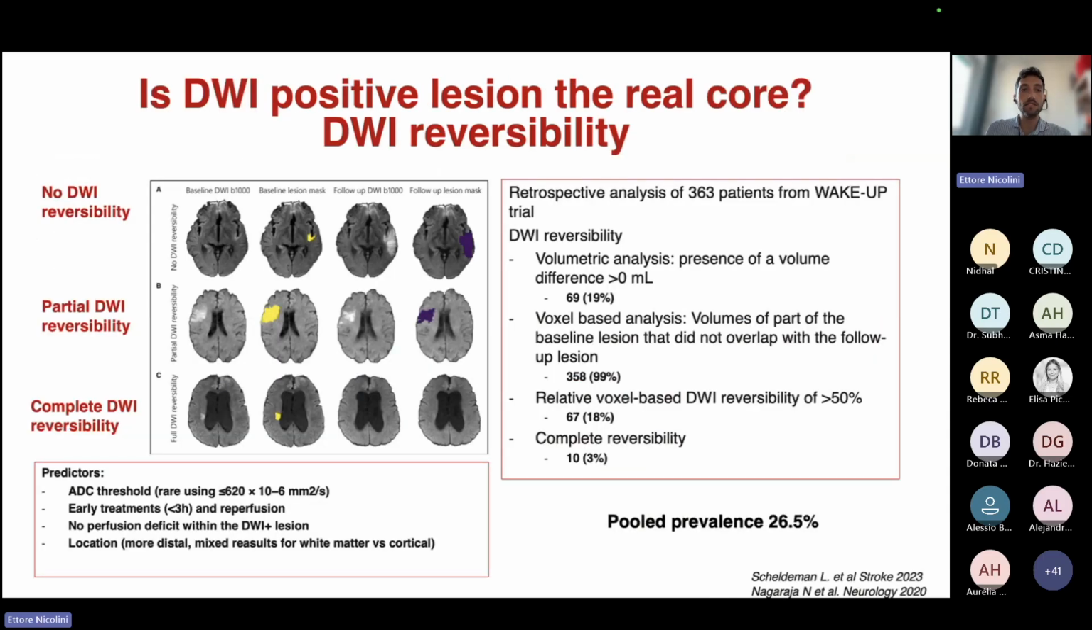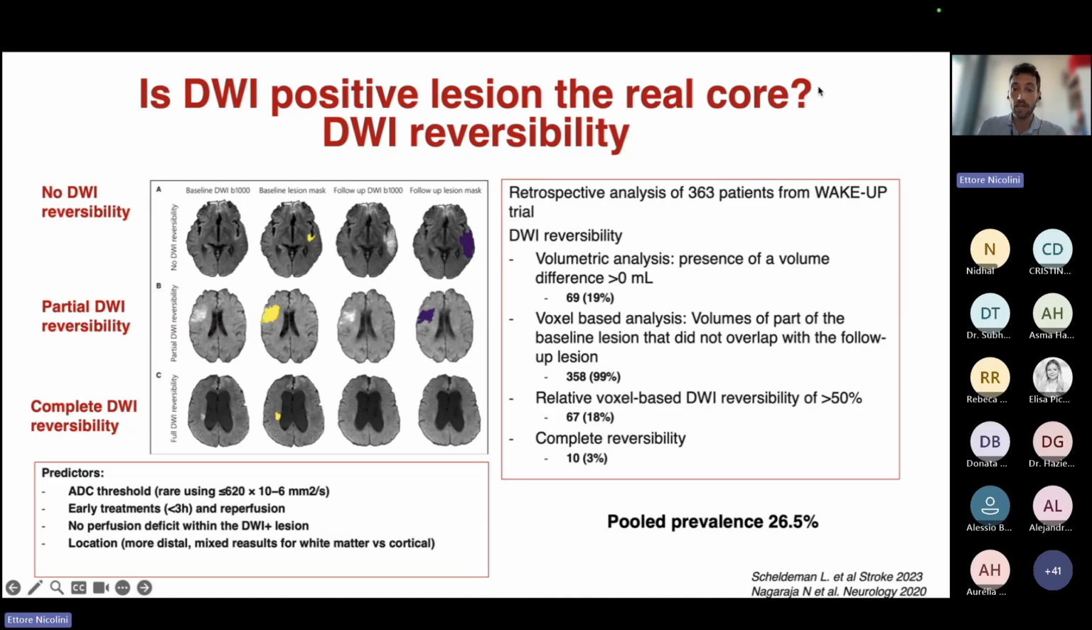But is the DWI positive lesion the real core? Actually not. And this is evident from a phenomenon which is quite common, which is the DWI reversibility. Many studies have described this phenomenon. One of the largest was a retrospective analysis of the WAKE-UP trial with more than 300 patients, in which DWI reversibility was described